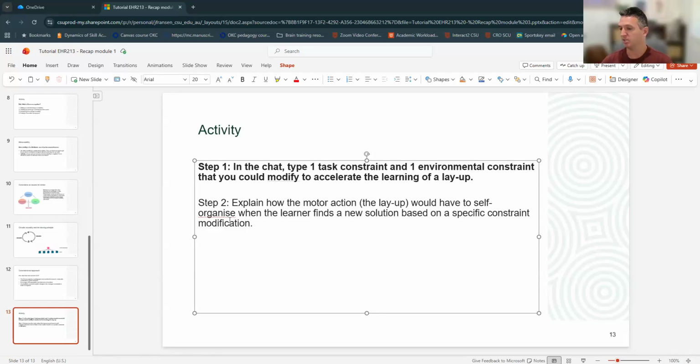Yeah. I think your argument is good. If you don't have to focus any attention on dribbling, where can you maximize the focus on actually doing the layup? So I think your understanding is good. You make a constraint modification, and the constraint modification leads to a certain behavior.